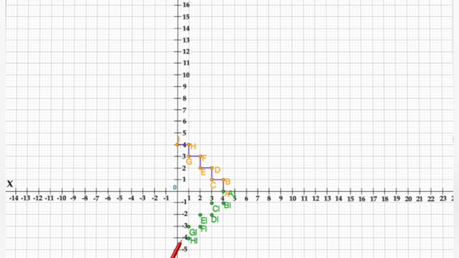After marking all these points, again with the help of a scale, we will be joining these points so that we get the mirror image of the geometrical figure that we have drawn in the first quadrant, that is the figure of stairs. After drawing this figure in the fourth quadrant, we observe that both the figures are symmetrical to each other, and when the x-axis is the mirror, the x coordinate of the point remains the same, whereas the y coordinate keeps on changing.